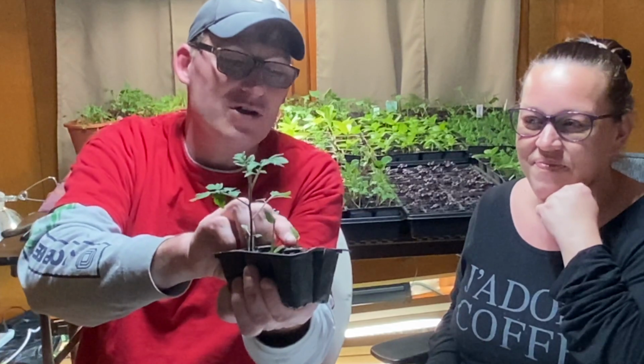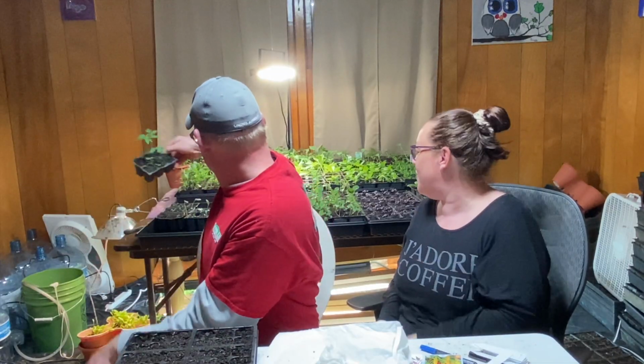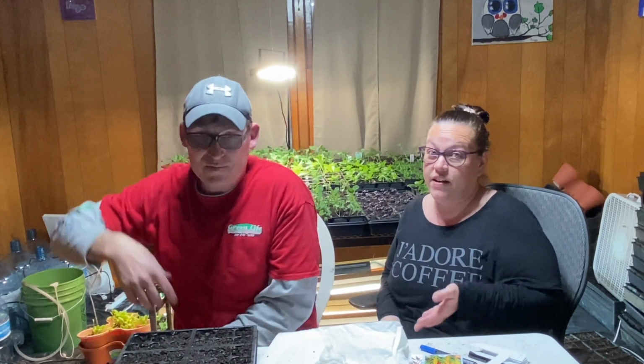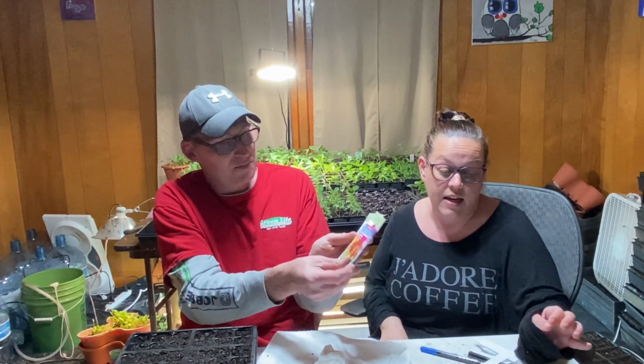Those are the echinacea that's popping up. Aren't they so cute? The purple coneflower. It's all doing so well, and that's what I was gonna say. We have been very lucky. We haven't had any fungus gnats or really even any greening on the trays. Very little. So we're lucky. So okay, we're gonna go ahead and start planting some celosia, some nasturtium, some